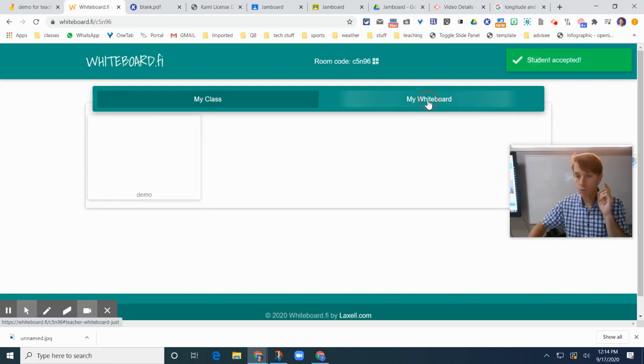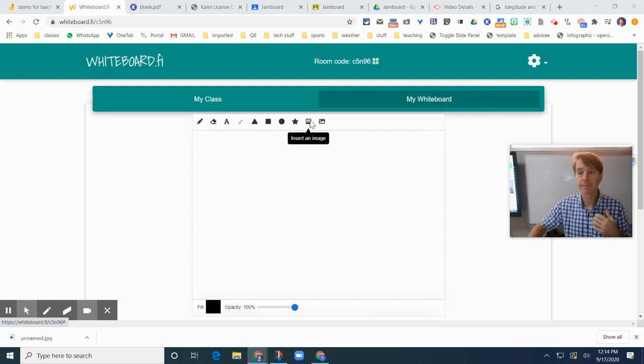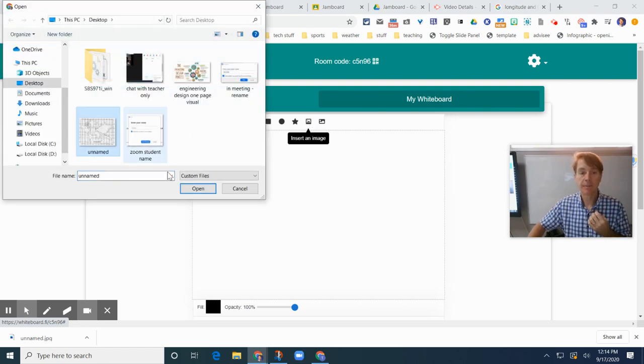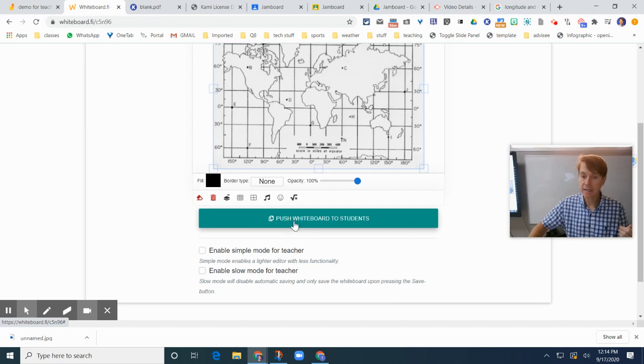So what can you do with Whiteboard? You can come here and you can send them an active whiteboard. So for what I mean, let me show you an example. I'm going to teach longitude and latitude. I want them to label on here what the longitude and the latitude of this would be. Now, I would be doing this with Zoom, so they would be able to hear me give the instructions. I don't need to type the instructions on the board. And when I push this out,